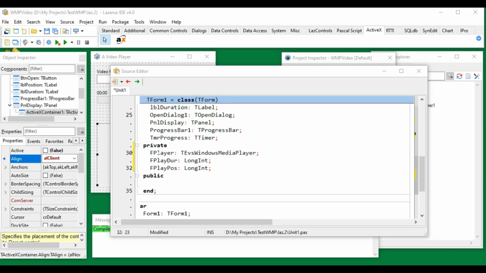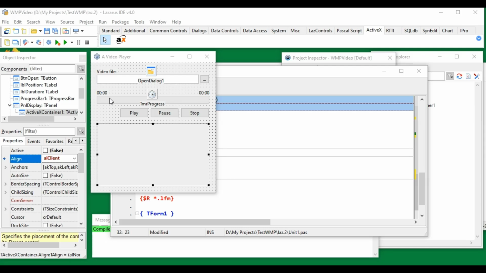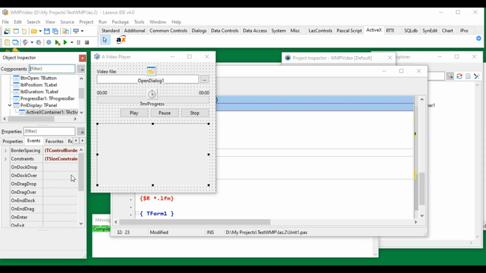Then we declare FPlayer with type TEVSWindowsMediaPlayer and two more variables to track playing progress. We create the FPlayer instance in the form's OnCreate event.